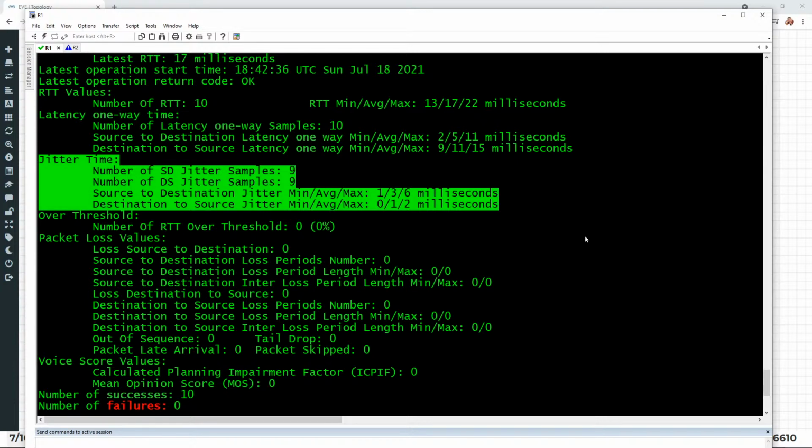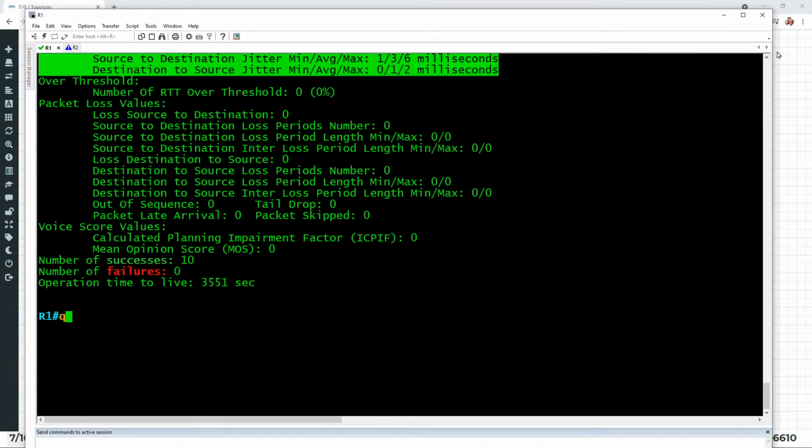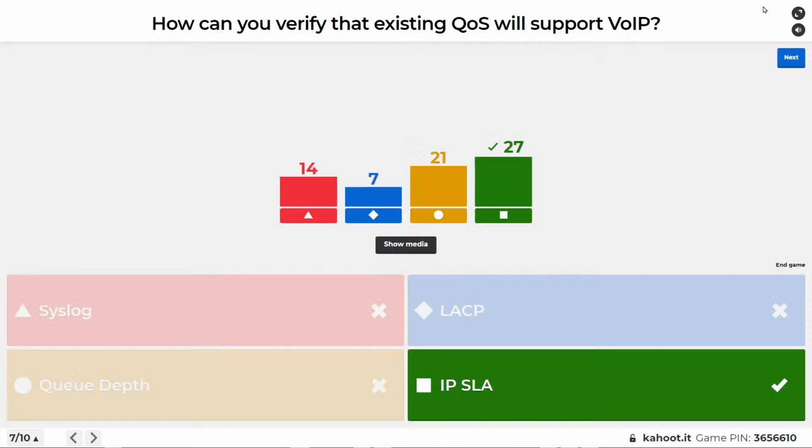And that's it. IP SLA. Thanks for giving me a moment to demo that for you. All right, let me minimize that out of the way. IP SLA, how can you verify? I don't think anybody's going to forget that, though, right? It's like, yeah, I got it. IP SLA, that's how you verify QoS, whether it will support an application. So you test for that application, whether it's video or voice or whatever codecs, encoder, decoder you're using as far as your voice over IP, and then you can know for sure.